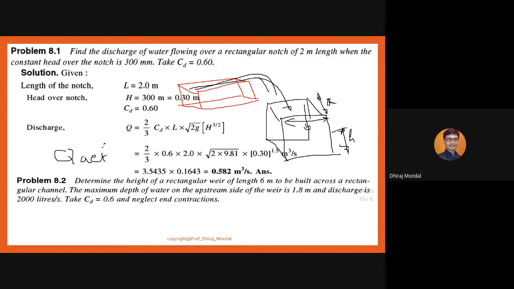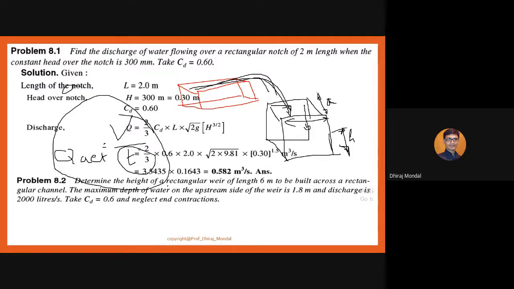Volume flow rate, which means volume by time. With the help of a stopwatch, you close the outlet knob here, and you can see how much height is generated by this particular water. When the water is entering here, the water level is increasing. So in some specific time, you see what height it has attained. Volume you can find out as A into B into H, and time by the help of the stopwatch. So this is how you can find out the actual discharge.